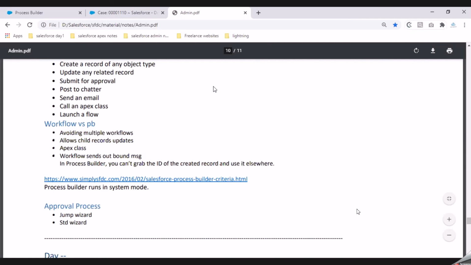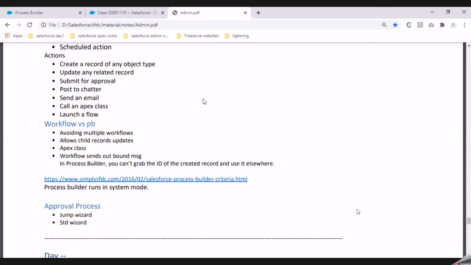Right? So to summarize what we have discussed today, we have gone through the process of setting up a process builder, where we got to know how to set up multiple conditions in the system. If it were workflow rules, we would have had to create 3 workflow rules as per our discussion. But with the process builder, I was able to achieve everything using just one process builder.